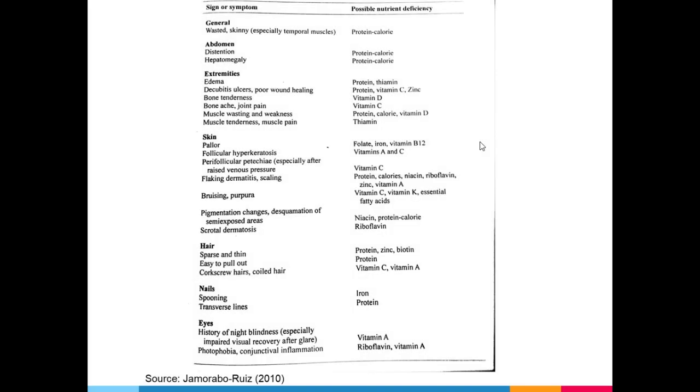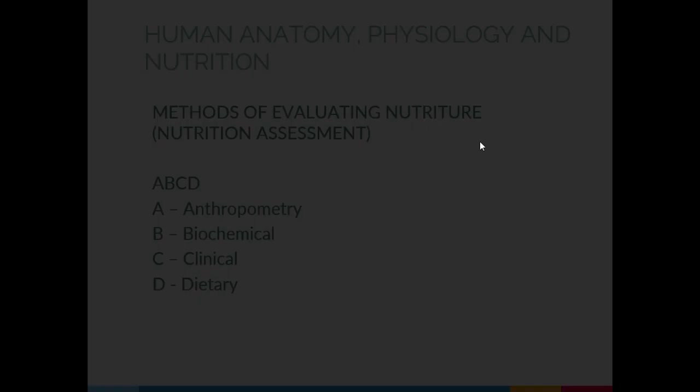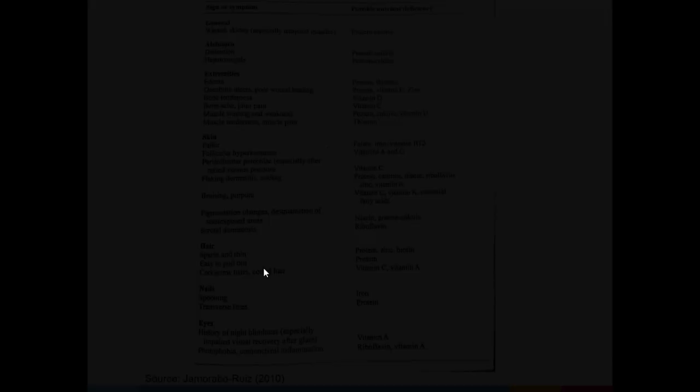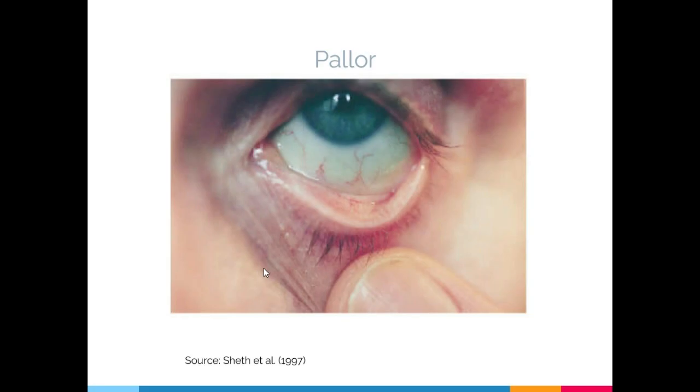These are examples of the findings of nutrition assessment, especially in the clinical part, which as I said is the physical exam. For example, this is pallor. If the conjunctiva is pale, as you can see here, it is not very red. So, what do you think this pallor means? What does this indicate? What nutrient deficiency? Okay, I'll give you time to think, like 10 seconds.